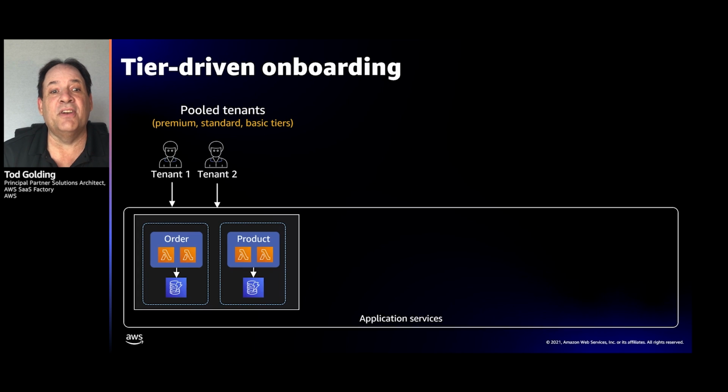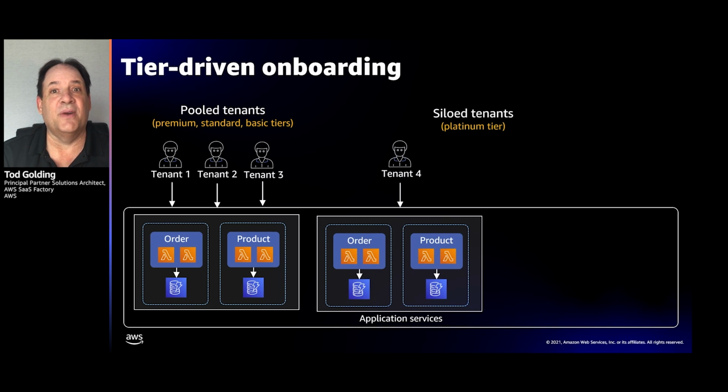Now, if we look at tier-driven onboarding and what that actually looks like, imagine we have this environment, we've provisioned this baseline environment, we've created this pool environment because we know we need the pool from the beginning, so it's there, and we've onboarded a couple of tenants into that pooled environment. Now, when we add a new tenant here, that provisioning experience will simply configure a new tenant and add them to the pooled experience. Now, I could also have a siloed tenant here. This tenant's running, it's got dedicated resources and has been provisioned in a dedicated environment.